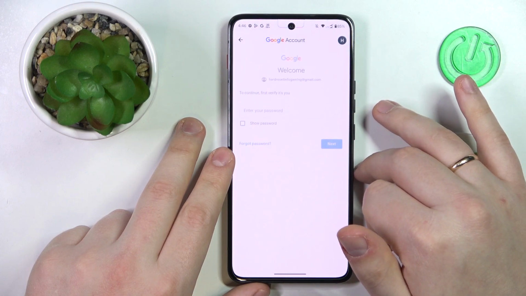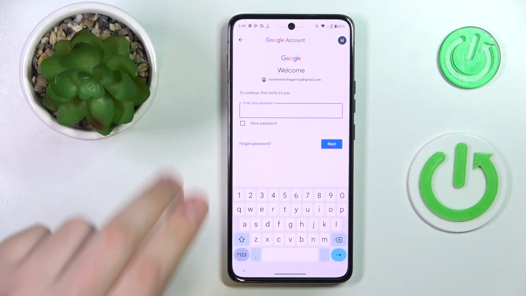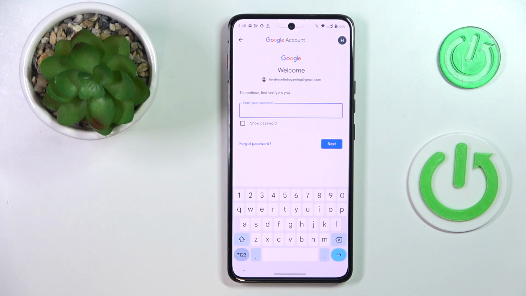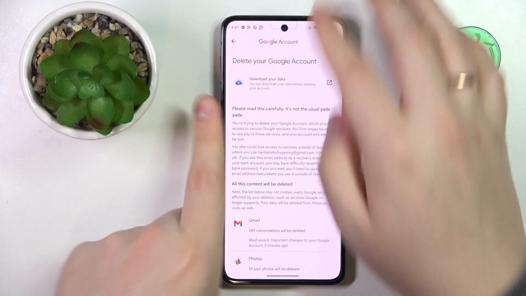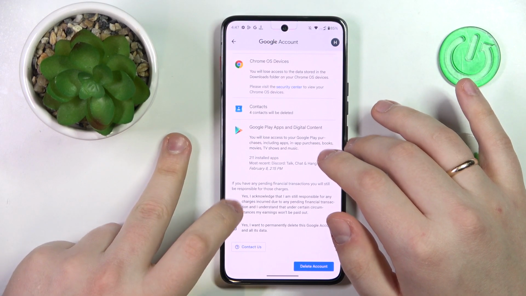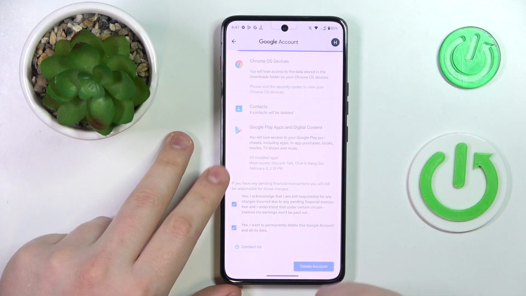Do not be afraid, we will recover your Google account right after parental controls will be deactivated. So now I'll just enter the password to the child's Google account. Then click at the Next button. In here, all that it's left to do is to check those two boxes and tap at the Delete Account